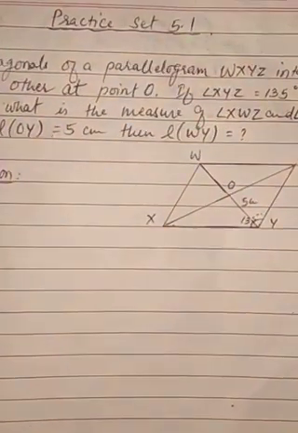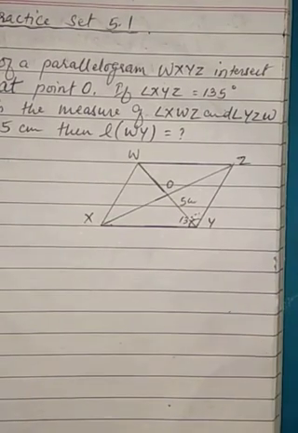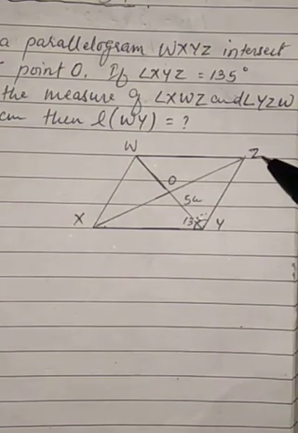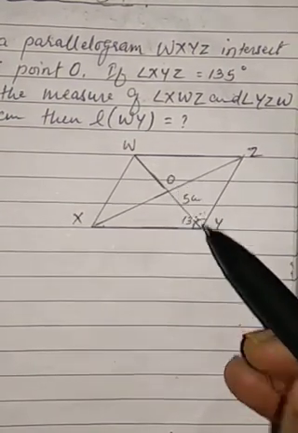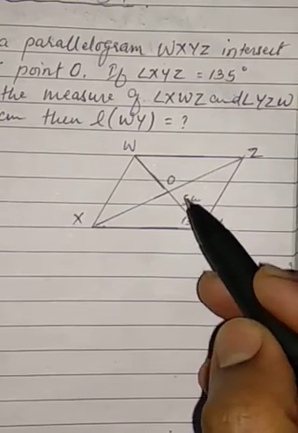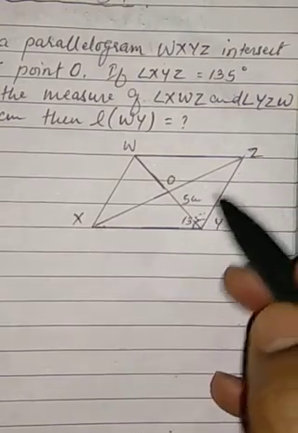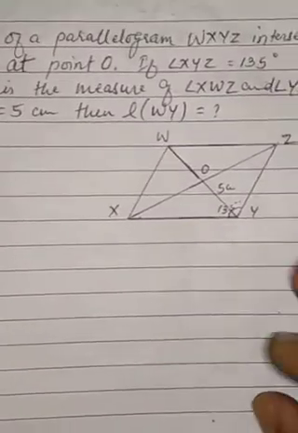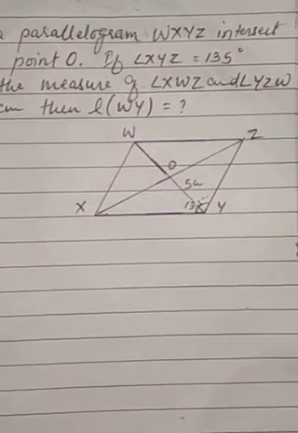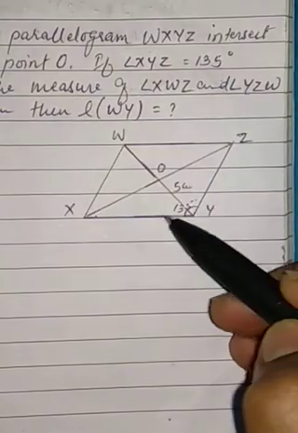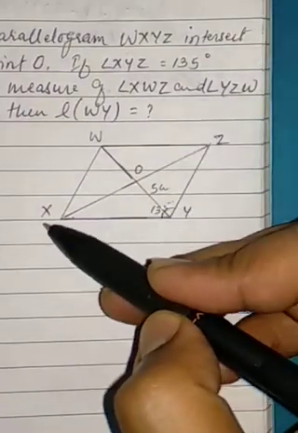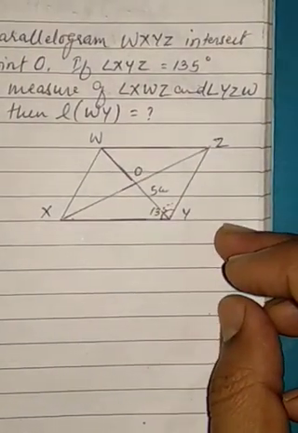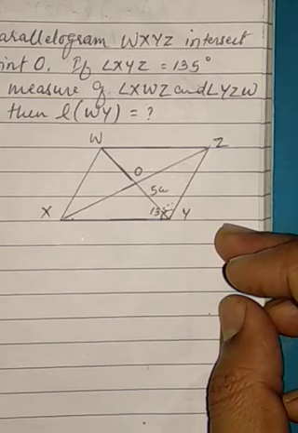So students, first of all you will draw a parallelogram, okay, and you will name it as WXYZ. Okay, diagonals intersect at O, and what is given to us is OY is 5 cm and angle XYZ 135. Now let's apply the properties that you have learned about parallelogram. First thing, if you look at here, angle XYZ is 135 and you are asked angle XWZ, that is the angle opposite to the same angle. Okay, now we have studied the property that opposite angles of parallelogram are congruent.